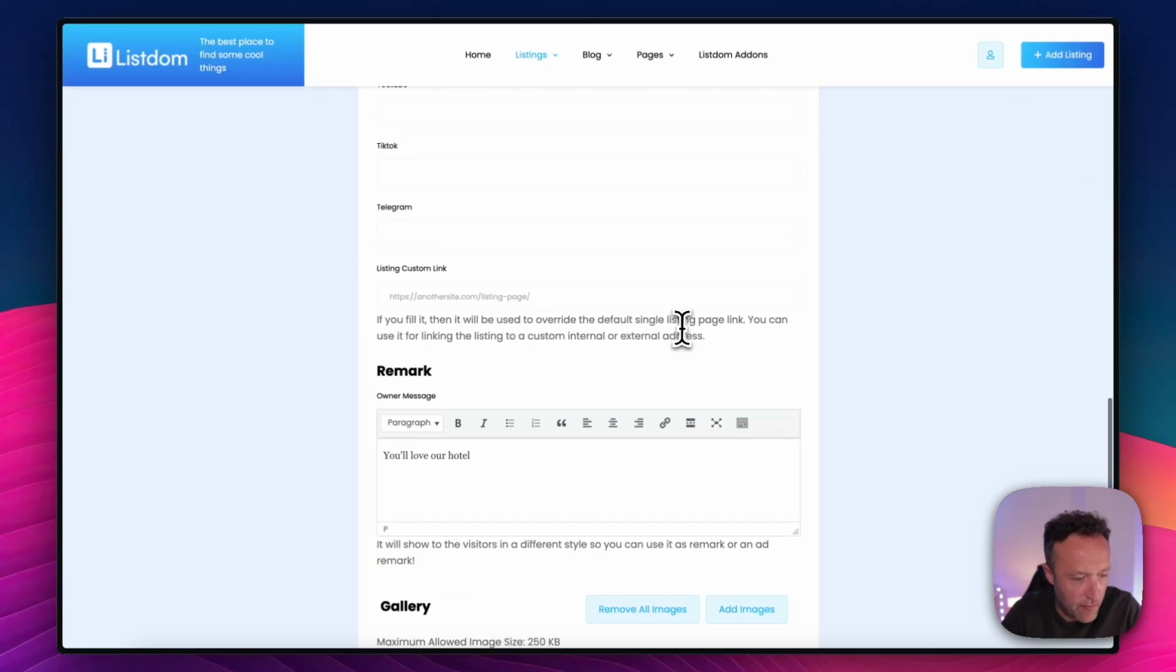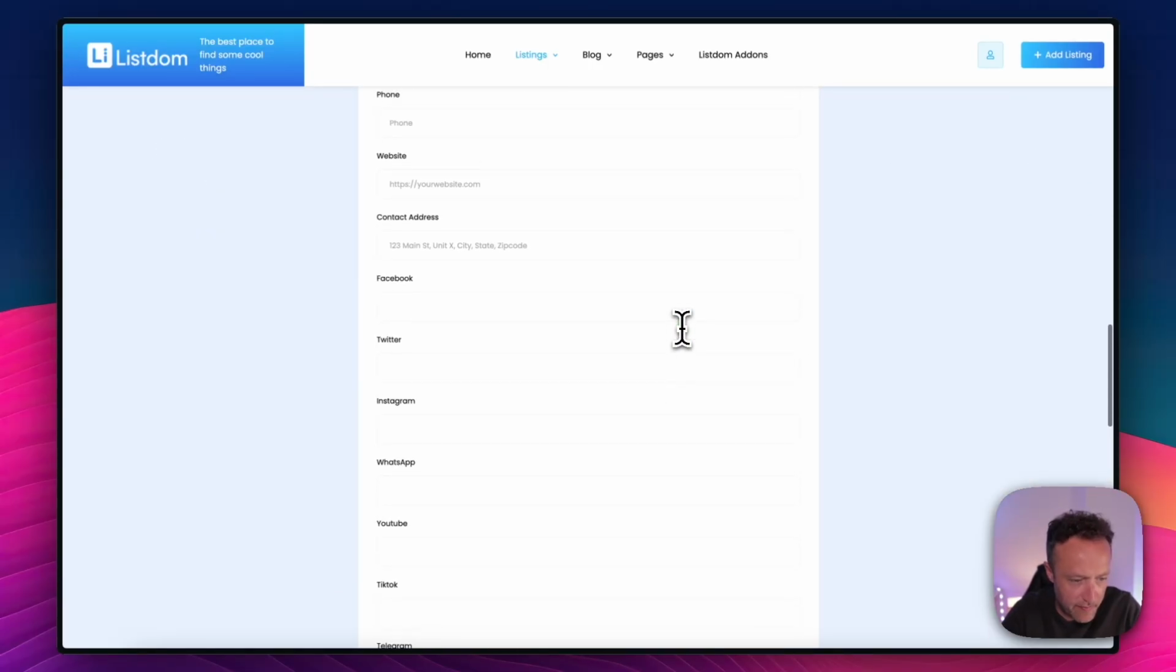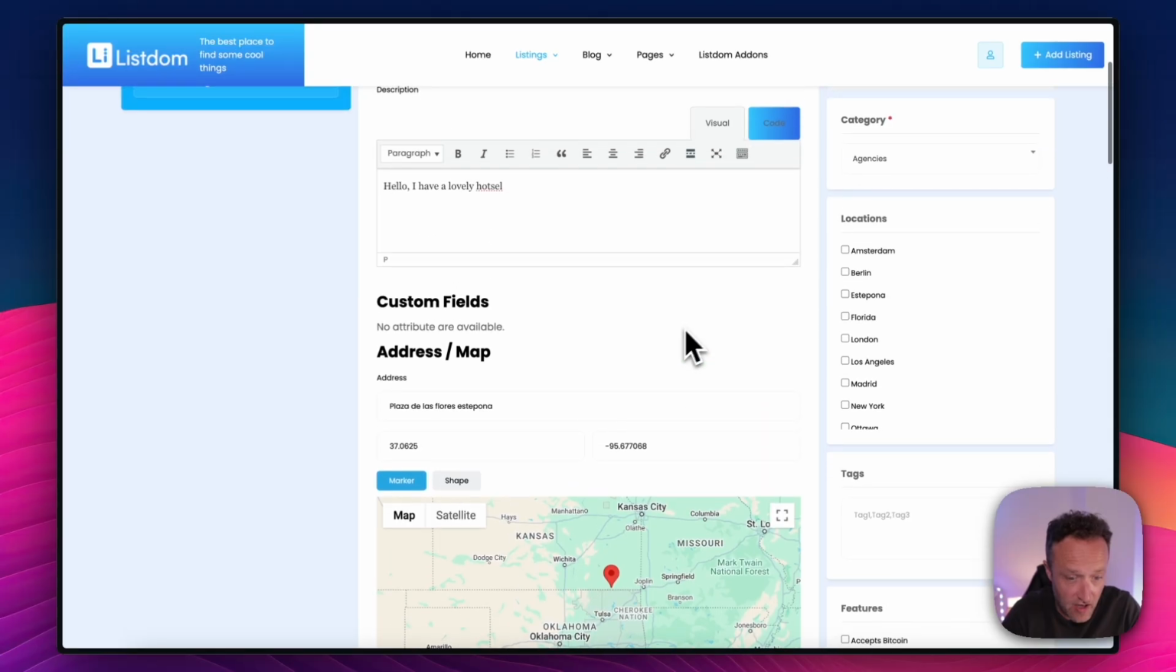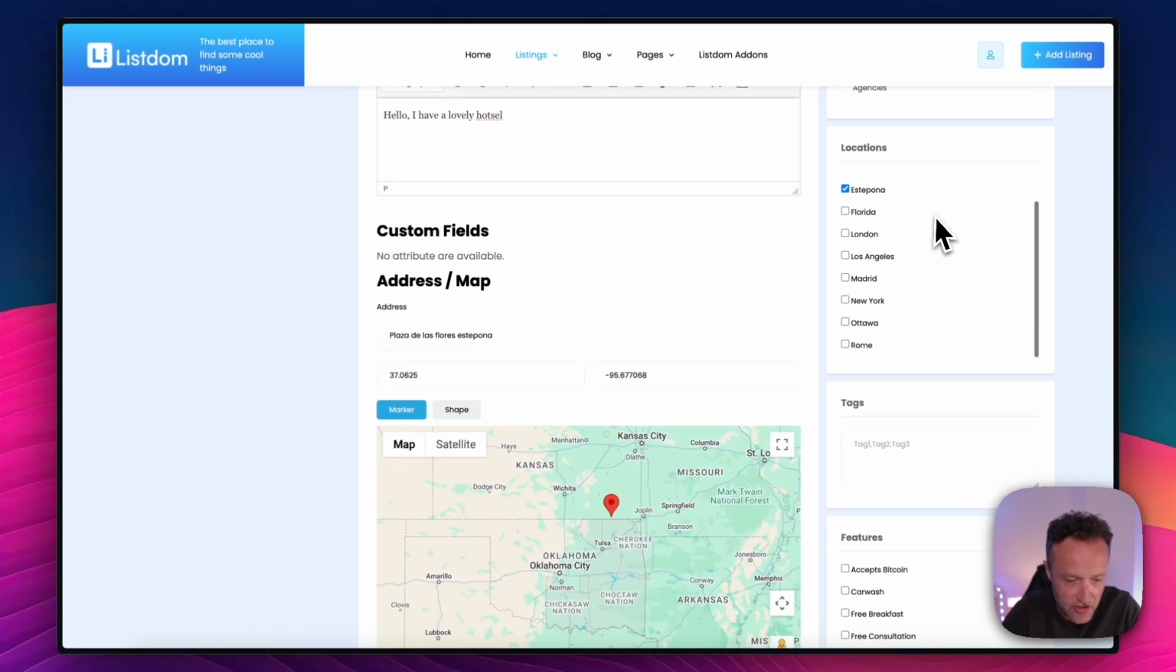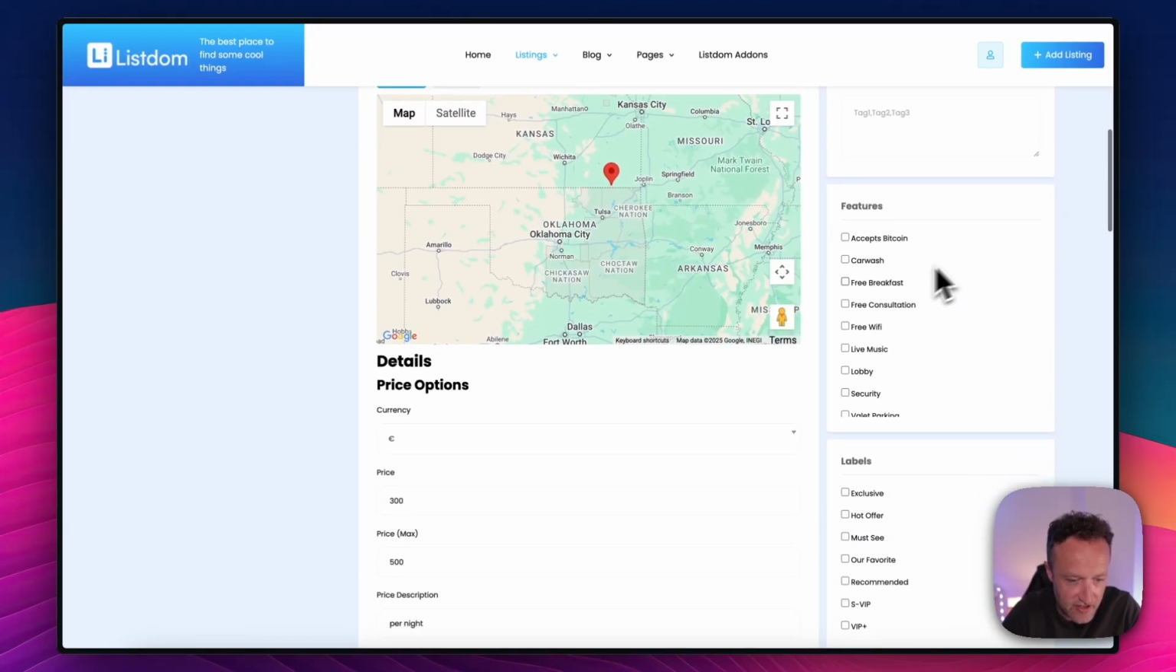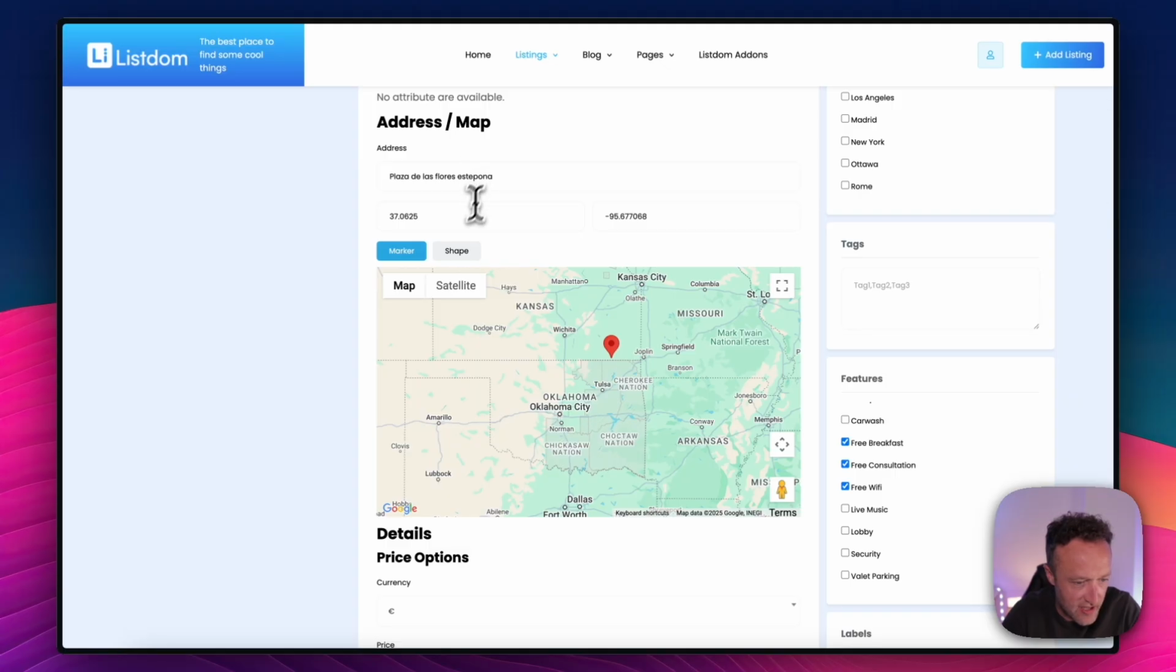So there we go. I've uploaded some images. I've filled in everything. Basically, people can add whatever they like here. You can add some locations. I should tick that as well. You can add the tags. You can put the features. It's just a hotel that I've added. Put the address in there, but you can add the kind of